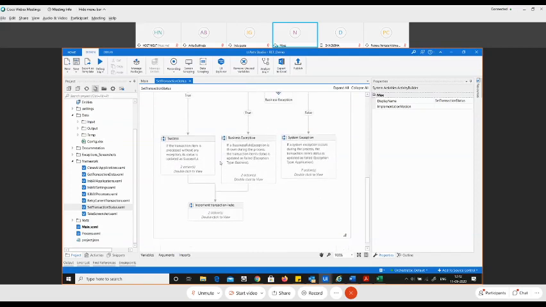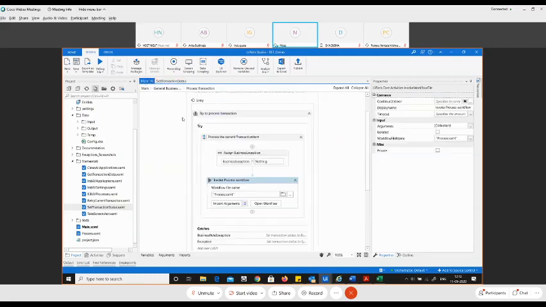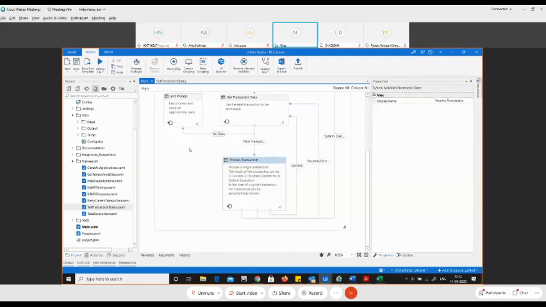The transaction item can be set either to success, a business exception, or a system exception. If you see here, let me head back here. After the process transaction is done, you have three outcomes: either a success, a business exception, or a system exception.